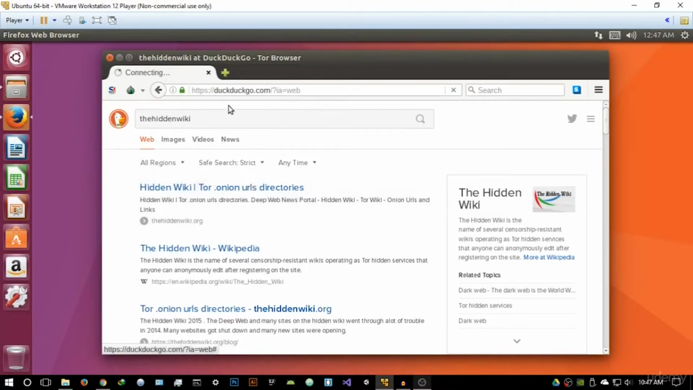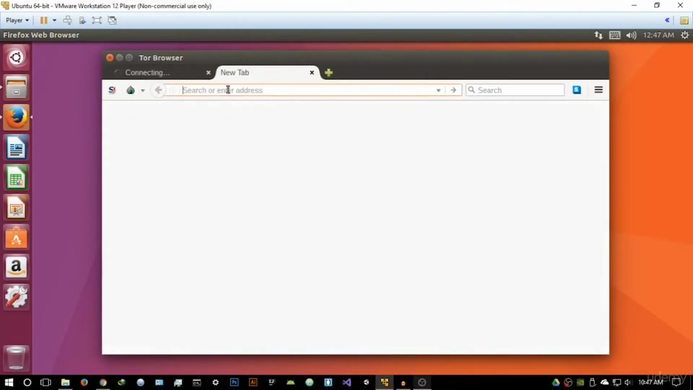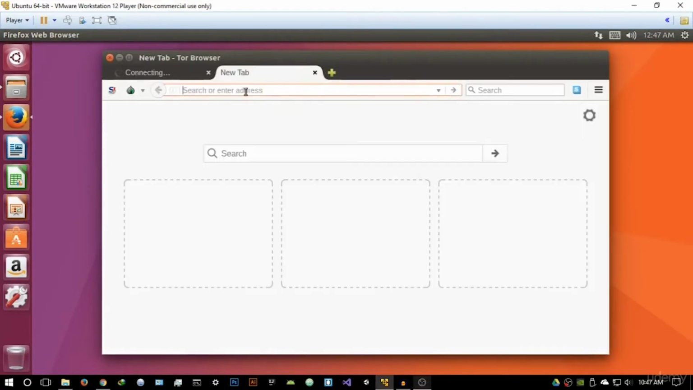Let me just try and open the hidden wiki. It's taking quite a bit of time. Let me just check on this other site. Now while that is loading, I want to also tell you that when searching the darknet, especially the search engines like Google,